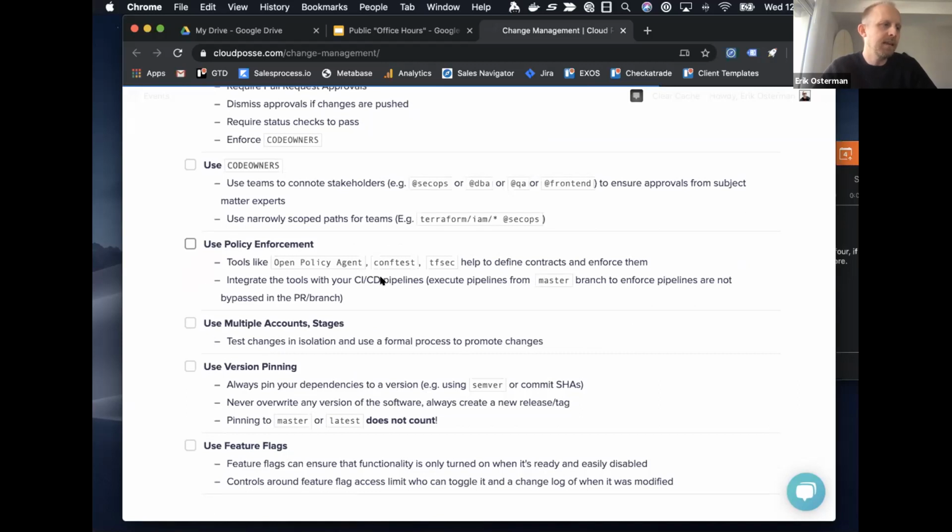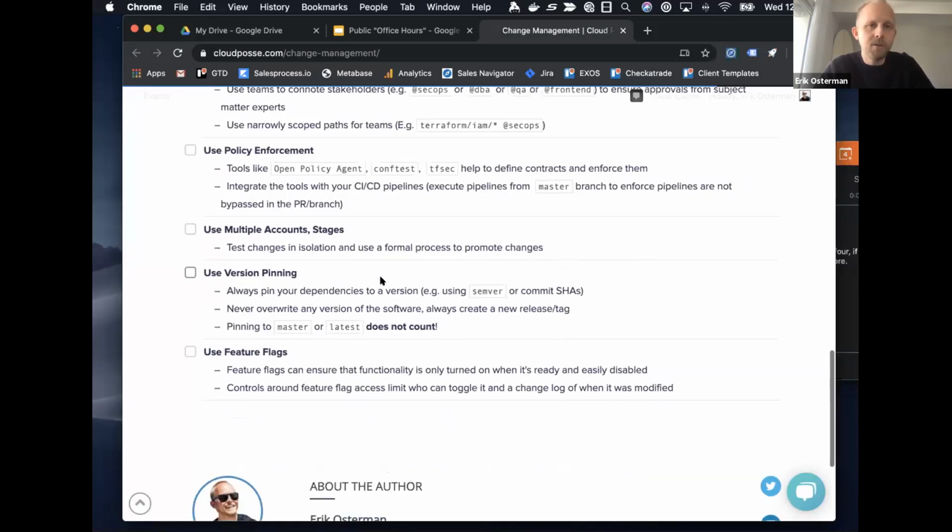With tools like Open Policy Agent, Conftest, which builds on OPA, and TFSec, the tools at your disposal to enforce broader level policies that make it easier to administer change control at an organizational level are reaching greater maturity. Still early days, but it's at a point it's usable now, and there are some great videos and demos out there of it.